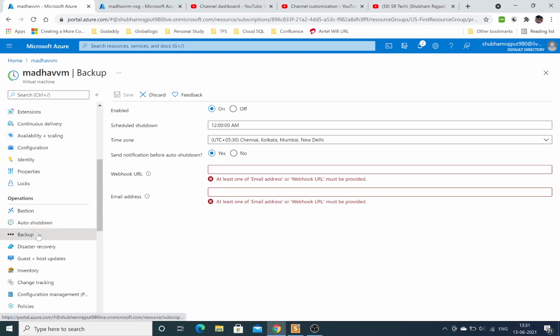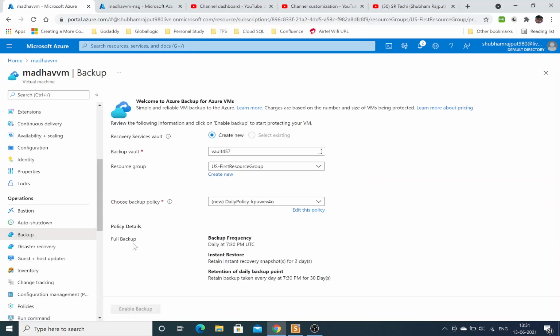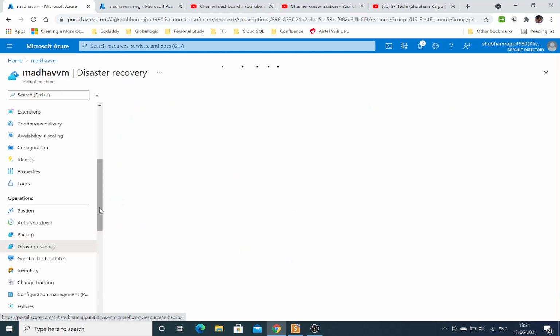Backup policy is also there. Basically two types of backup come into the picture: one is full backup, the second is updated backup. You can configure them on a weekly, daily and timely basis. Disaster recovery is a good feature.